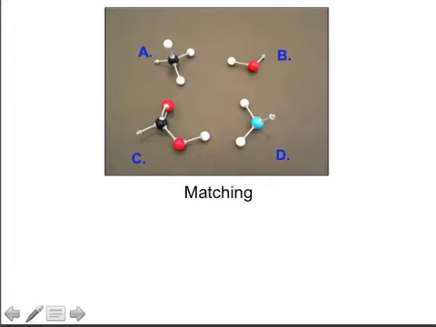The significance of hydroxyl groups is that they can chemically react with other functional groups to form novel covalent bonds. For instance, hydroxyl groups can very easily interact with carboxyl groups to form what we would call an